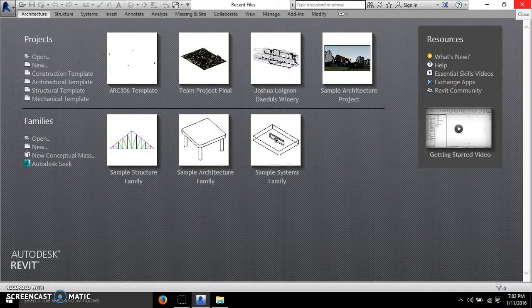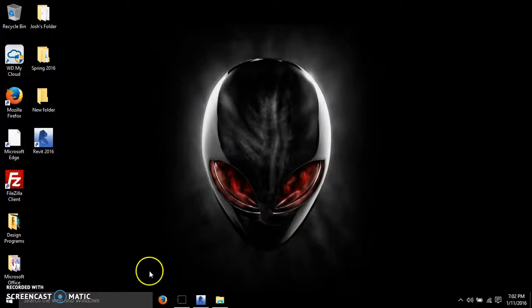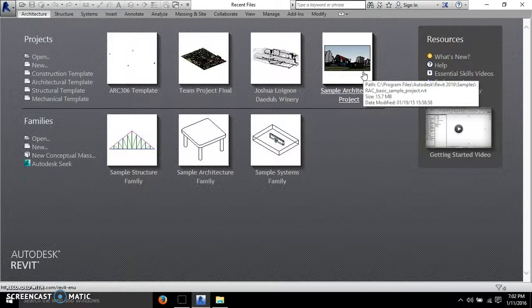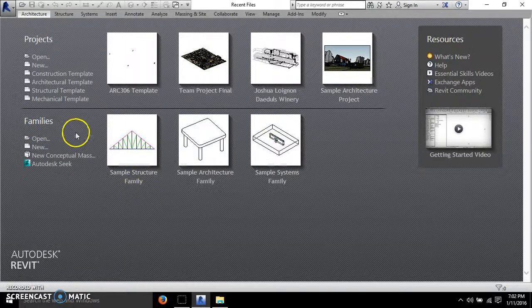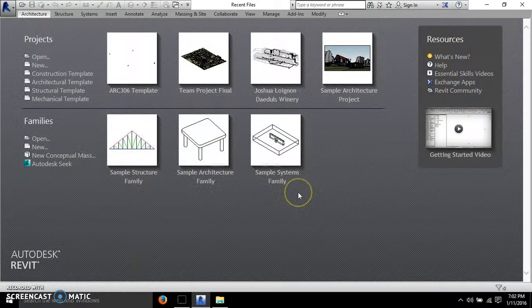Now to get into the user interface of Revit. When you first double click on Revit to open it, this is what you're going to get. Projects are like a project that you work on, a full building design or something like that. A family is what makes up the project, so like walls and tables and windows, those are families. And you could always create your own,